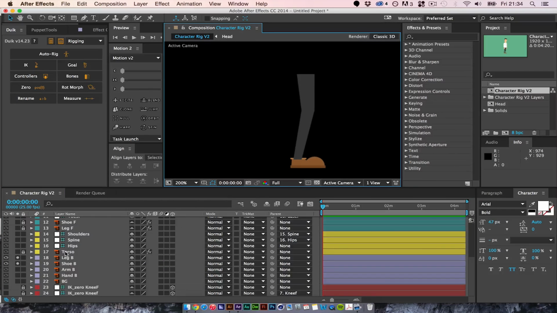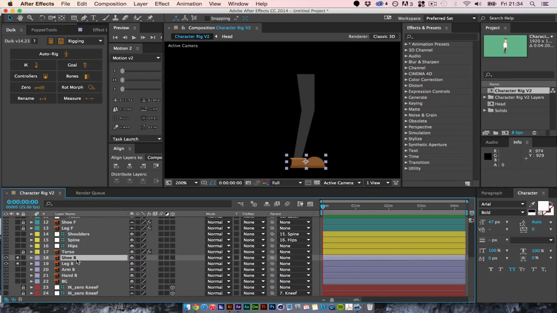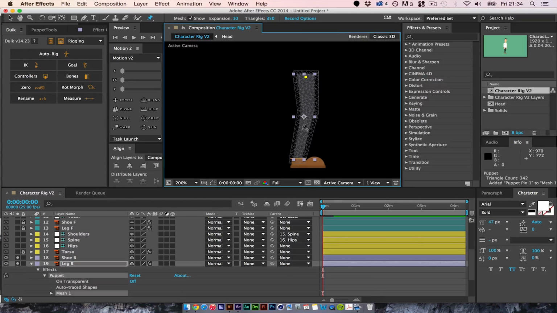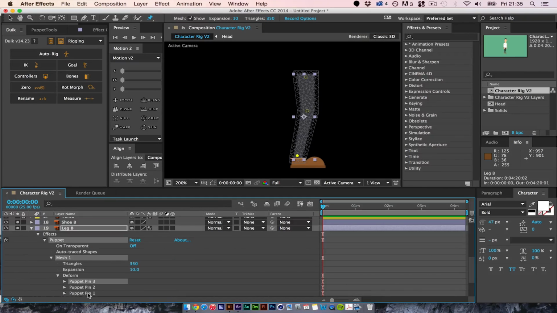And here there's an issue with my layering actually, because we want the shoe to be on top of the leg, so you get this nice feel to it instead of the horrible overlaps we had going on there. So again, we're going to just put a couple of pins, one at the hip, one at the knee, and one at the shin. In the mesh, we're going to go to the deform, select the puppet pins, holding shift,